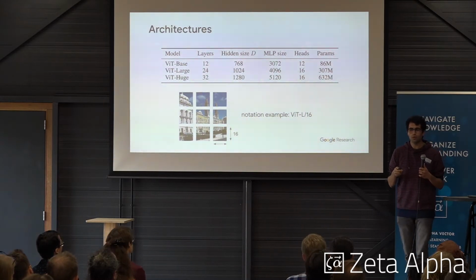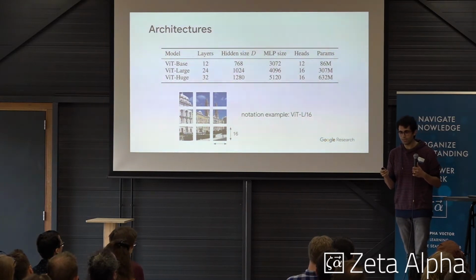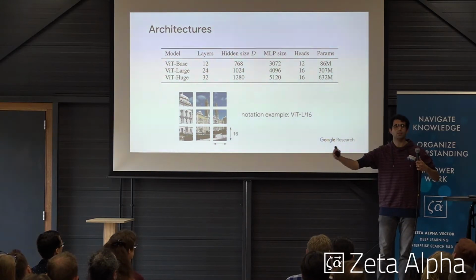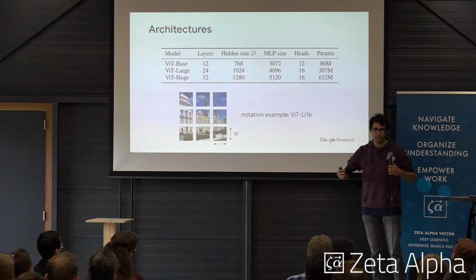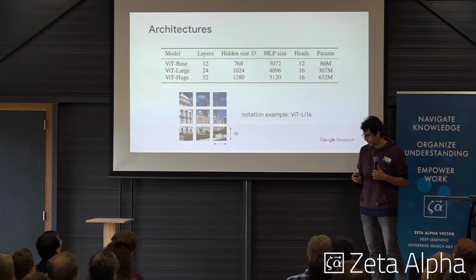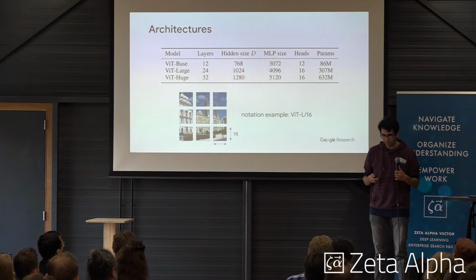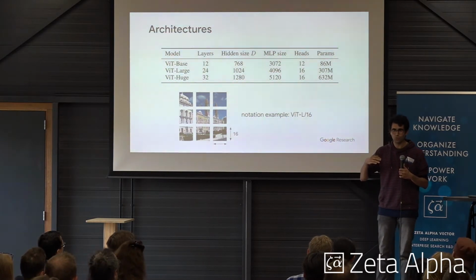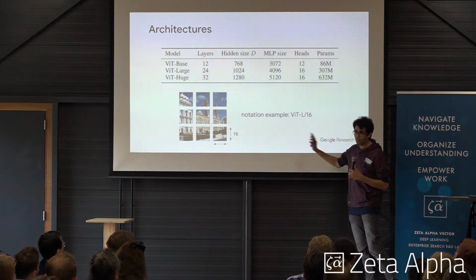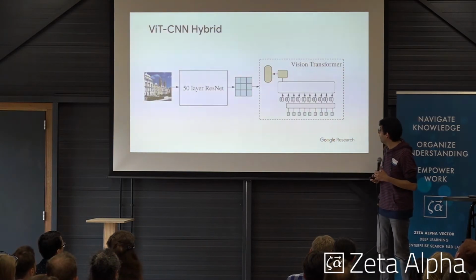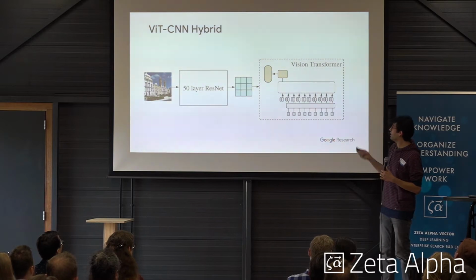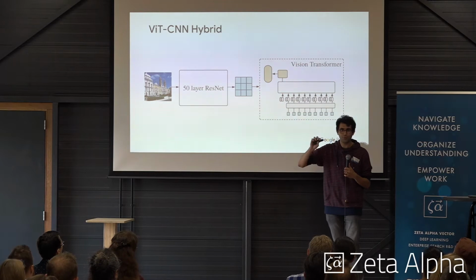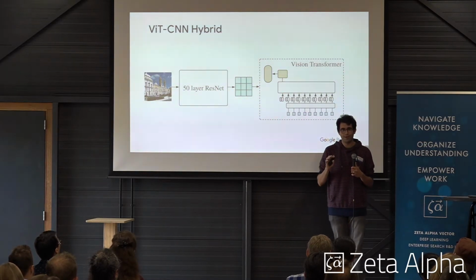It's not too big to miss the details that we want, and it's not too small to give us an unnecessarily long sequence to deal with when we are encoding. And the quadratic complexity of the self-attention kicks in if you want to go to 8 by 8 or 4 by 4. And then the hybrid one is simply, okay, let's get rid of this simple convolution for patching and